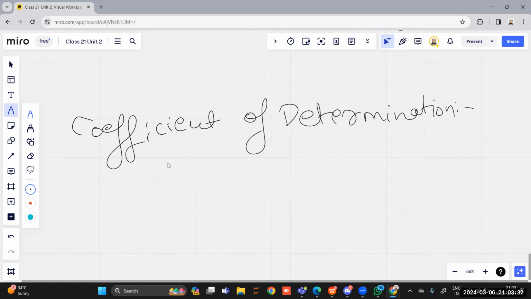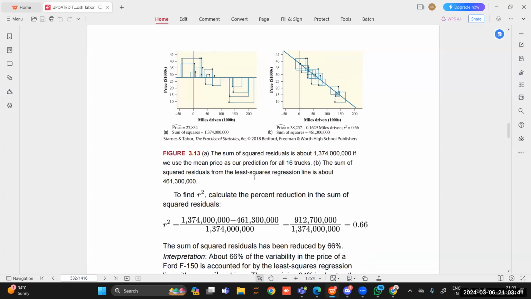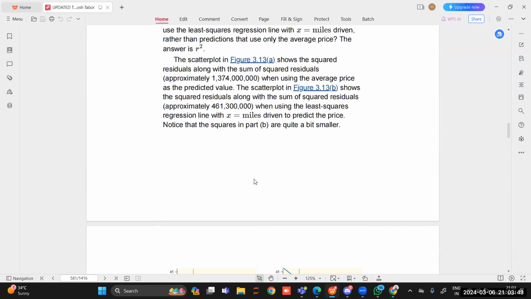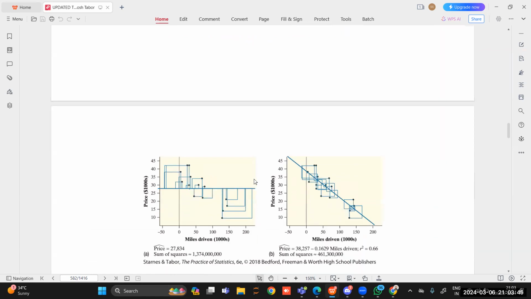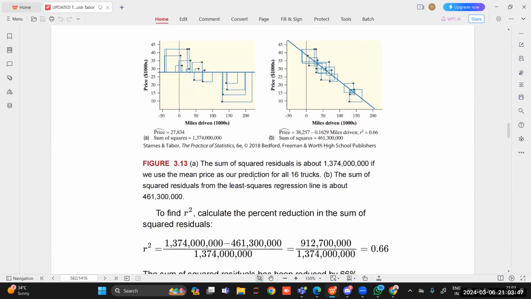Coefficient of determination, that's r square. It generally ranges from 0 to 1. The bigger the value, the more accurate our data will be. See, he is calculating the r square. He's taking the sum of the square residuals about